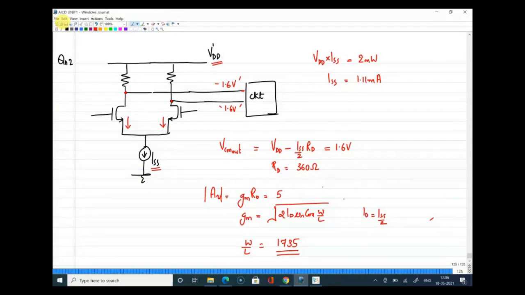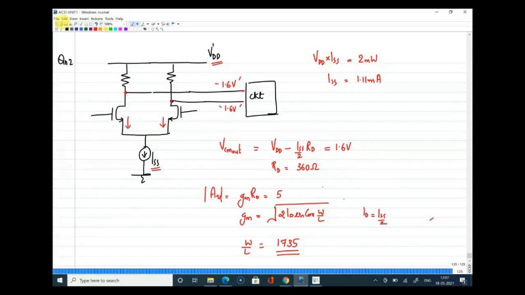To solve question number 3, I'll be directly giving you an equation, because that equation is a result of some detailed qualitative analysis. We may not do that because it's a lengthy analysis, but you will definitely understand it. If you want, you can go through chapter number 4 of Razavi, and I will be giving you the final equation. For that, you can directly use it.